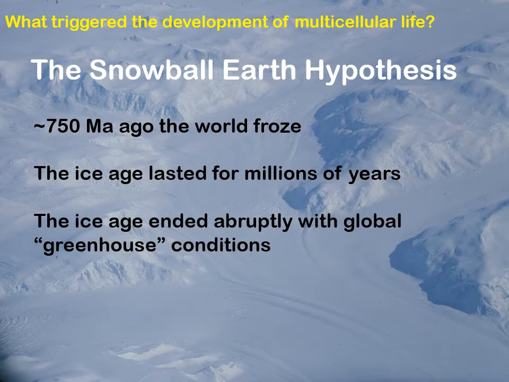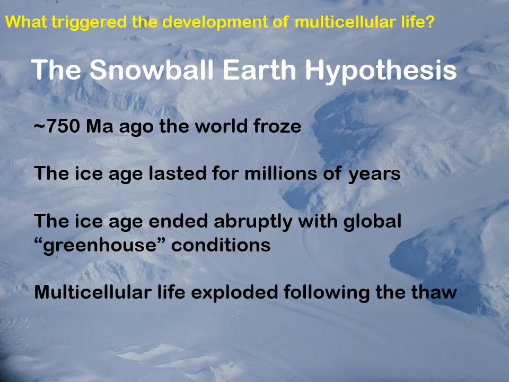And when we come out of it, we go abruptly into a greenhouse condition where we now have very, very warm temperatures, which is great if you're a marine organism because a lot of them like warmer temperatures. So you freeze over a bunch of things and it puts stress on some organisms. They're no longer doing as well, but it gives other organisms an opportunity to do well. And we come out of this, they flourish.